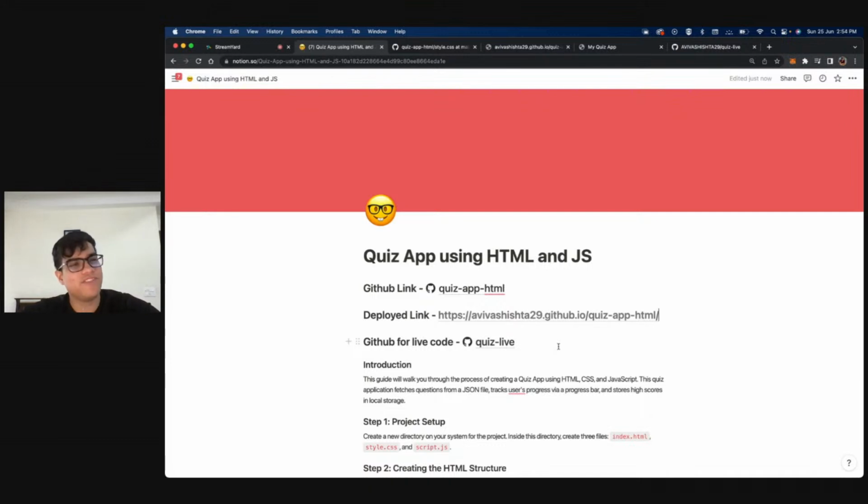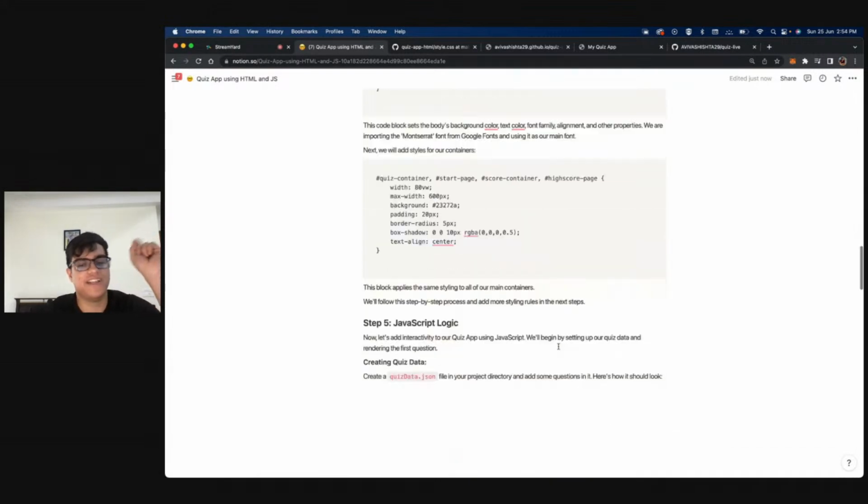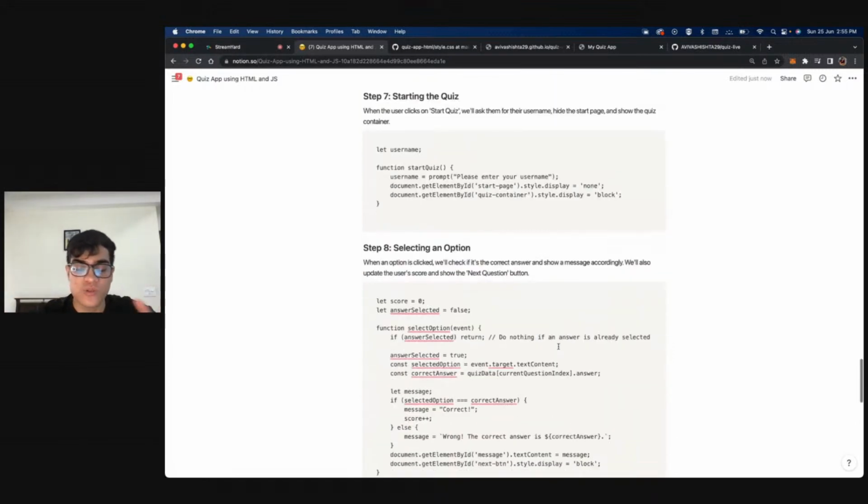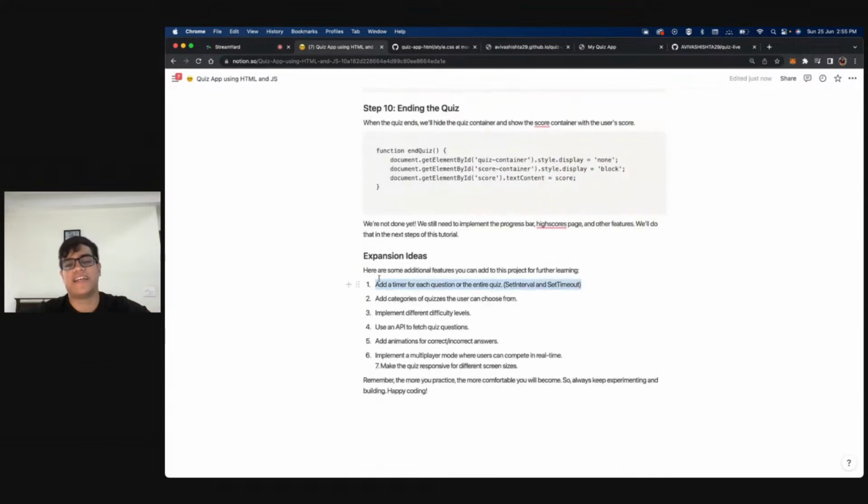And talking about the timer functionality, it is very easy and can be done using two concepts: set interval and set timeout. So when you start the quiz, make a set timeout for, let's say, 10 minutes, or let's say 15 minutes, and for every question you give 1 minute, right? So you start a timer for the overall quiz and a timer for every question. Every question can be done using a set interval, so that every 1 minute you're changing the question. And set timeout is, after 15 minutes, you're ending the quiz, no matter what. All right. So set interval and set timeout are the two ways that you can easily implement the timer part.